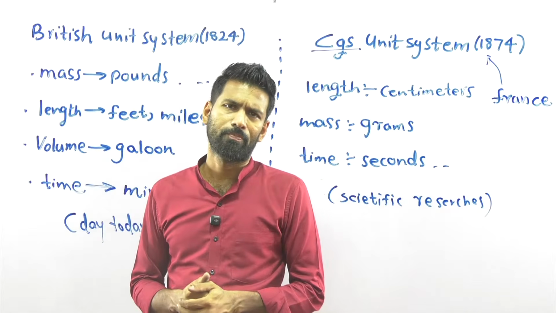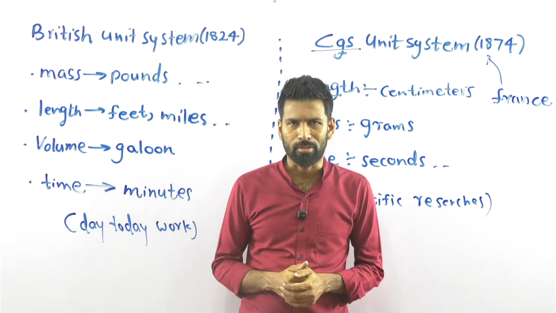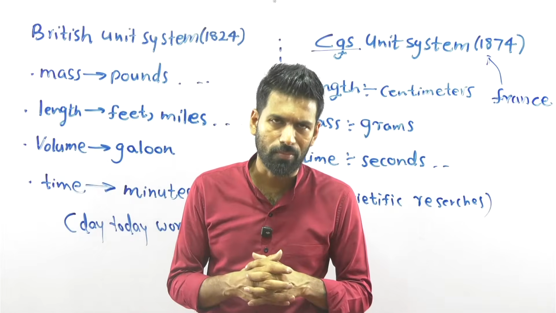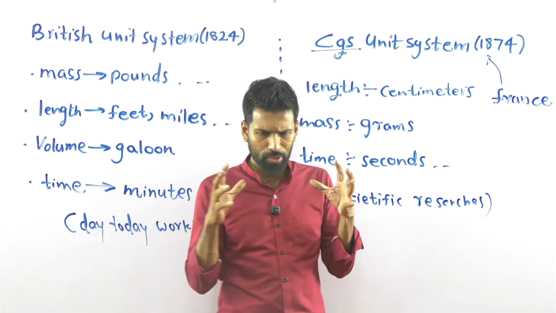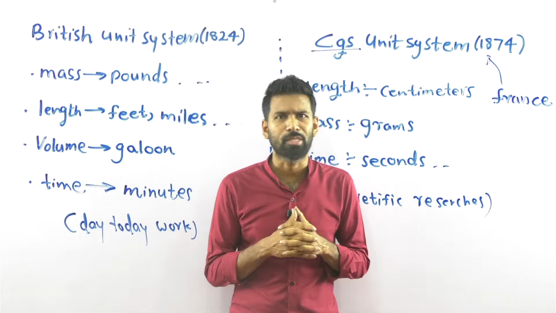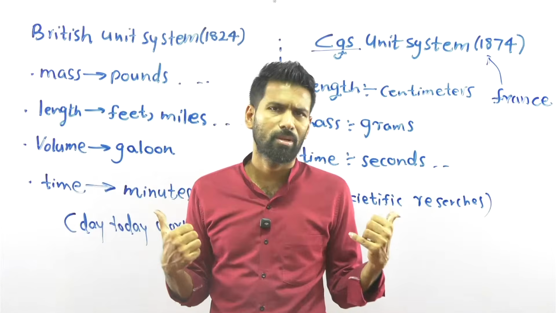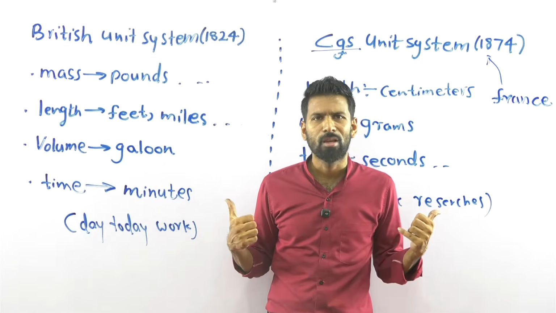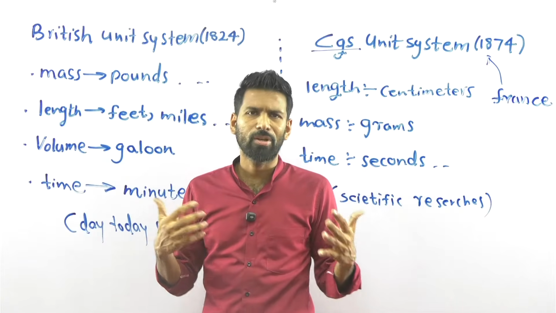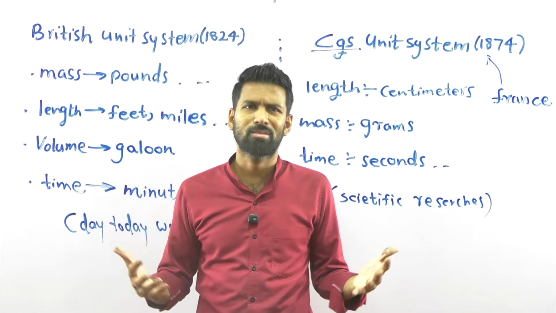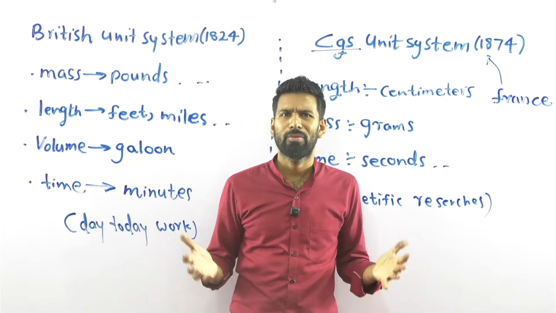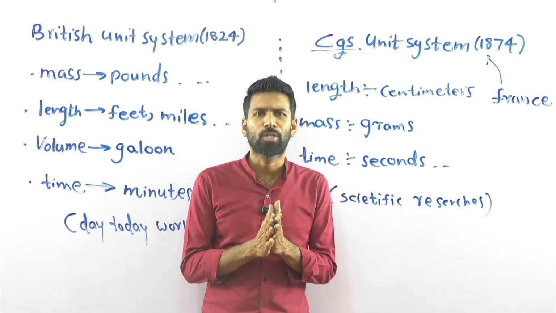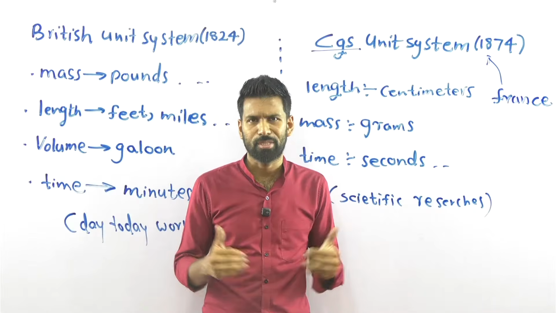So it's not good. Scientists thought all these things should be brought into a single unit system. All the world should be brought into a single international unit system. That's why these were rejected. These are not bad units, but using different units in different countries makes things difficult. So they were rejected and a new set of single units valid throughout the world was introduced. Still they are in use.